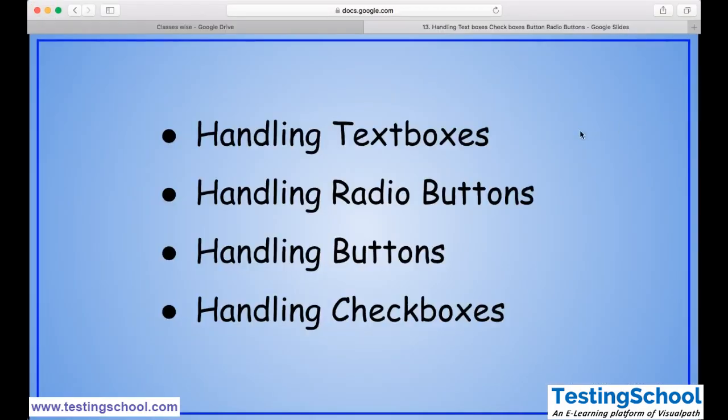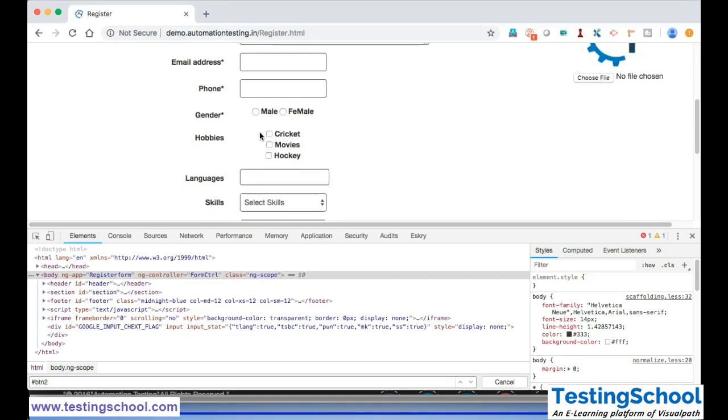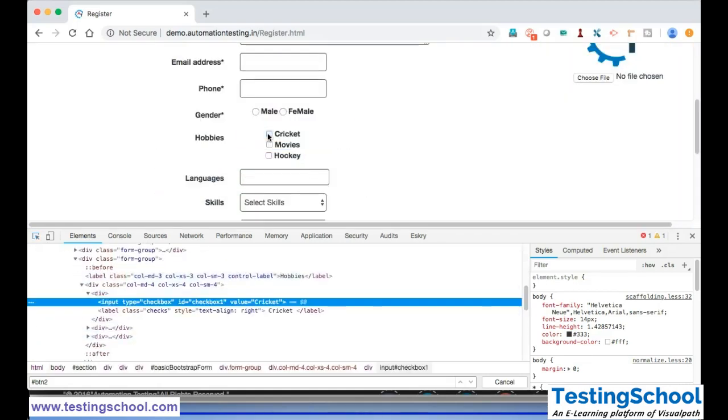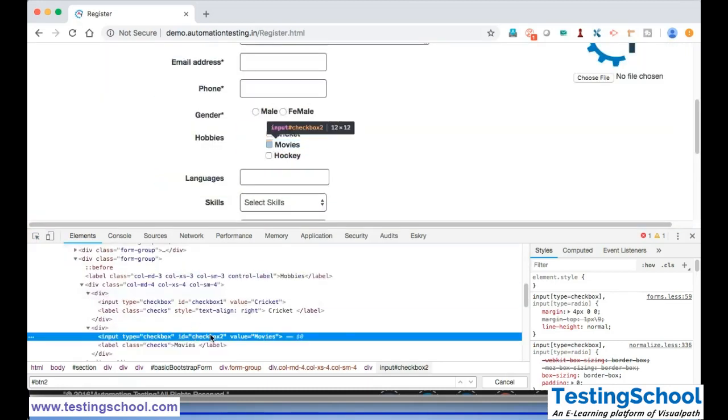What is that? Handling checkboxes, right? Handling checkboxes. So here we need to discuss something on this. First we'll go step by step. We'll go to the same thing here, and we have cricket. Input type equal checkbox, id equal checkbox1, second one id equal checkbox2. So we have checkbox1, checkbox2, checkbox3, unique properties, that is called IDs. So straight away I can use ID, right? So first what we will do,